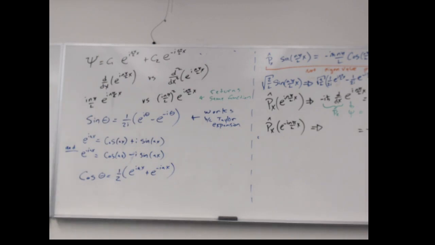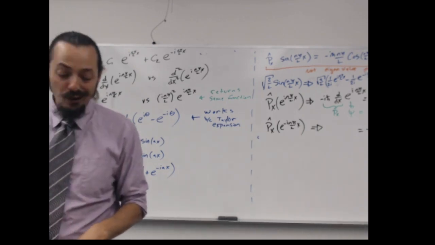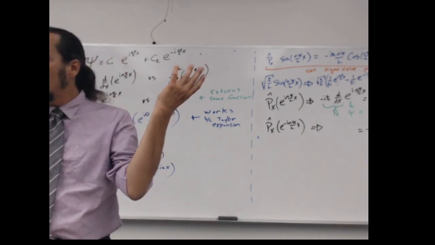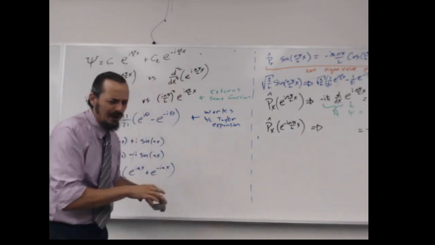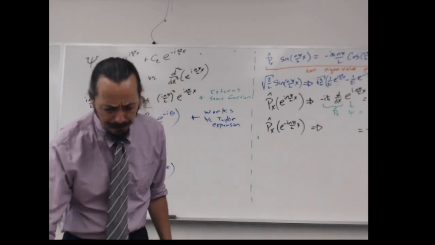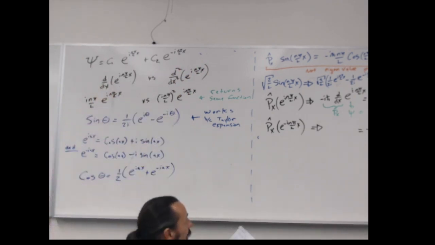Since this average value is equal to 0, the average of momentum squared, 0 squared, is just 0. The only part we have to do is this px squared bit. But the math is going to look really similar to things we've already done, and we're going to get values that should look familiar. I think I can even fit it into this bottom bit here. So we're going to go ahead and calculate